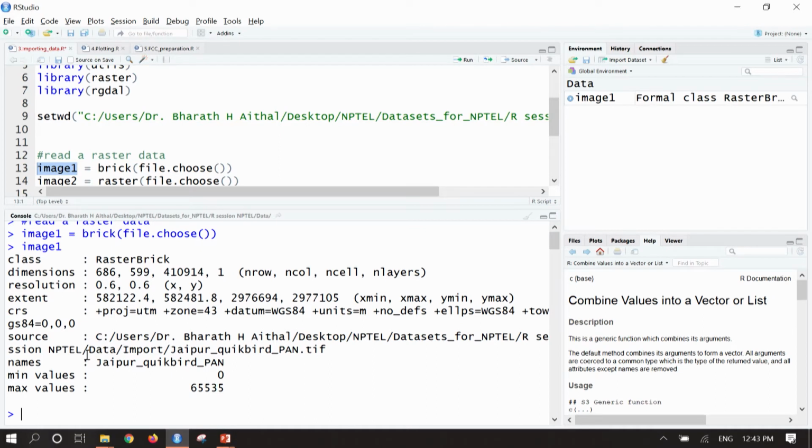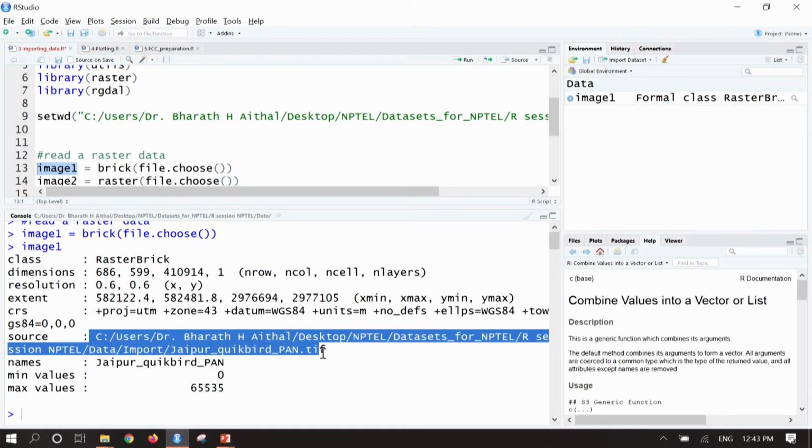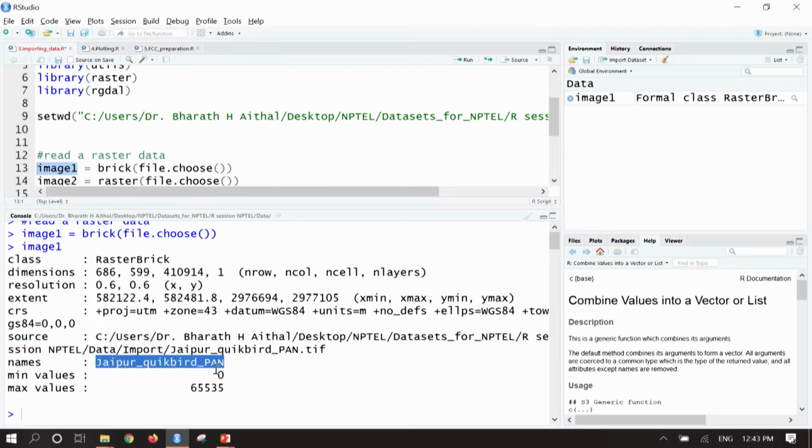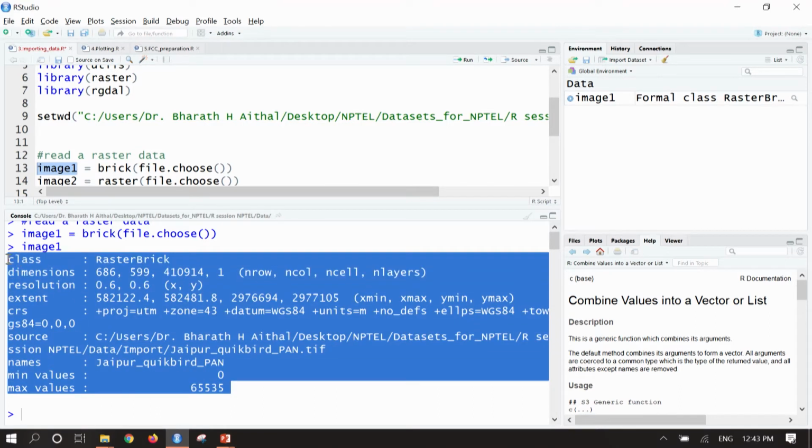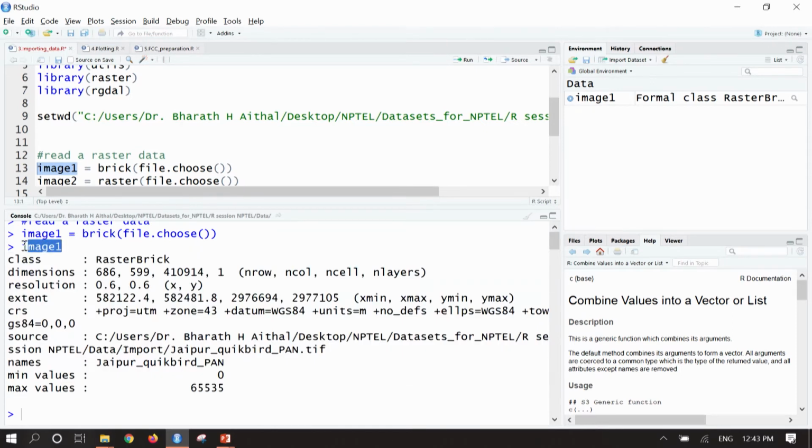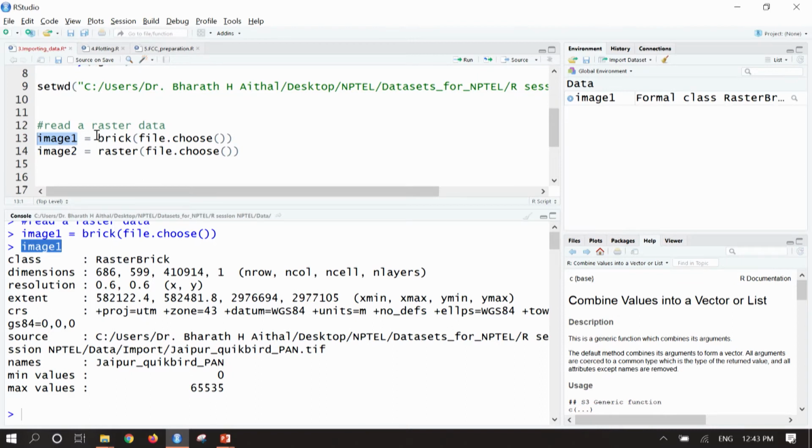Along with this, it gives the source directory this raster is coming from, its file name, and the minimum and maximum value of the raster. So the entire metadata is visible once you run the image1 variable. How do we get this image1 variable? By bringing in the raster using the brick command.